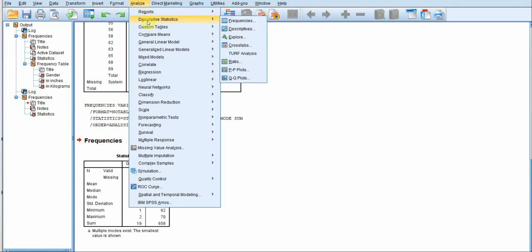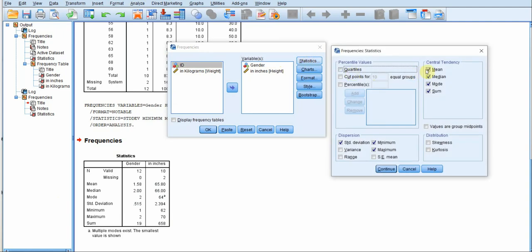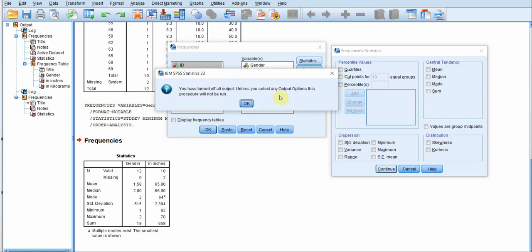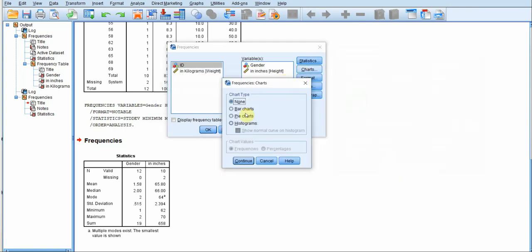Apart from this tabular data that we get related to the variables, we can also do charts over here. So we'll just uncheck all these, and now click on charts. So here we can select any of these charts.